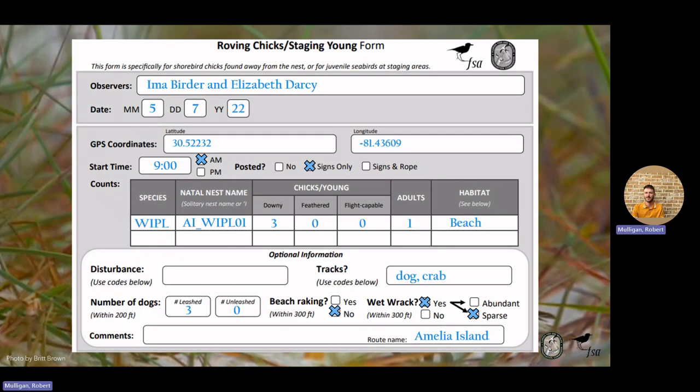Here's an example of a roving chick staging young form. There were 3 downy Wilson's plover chicks observed foraging on the beach with one adult. The observers record the species as Wilson's plover, 3 downy chicks, 0 feathered, and flight capable, 1 adult, and the beach as habitat type. In this case, the natal nest for these chicks is known,